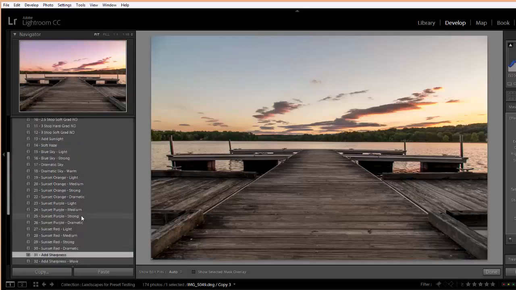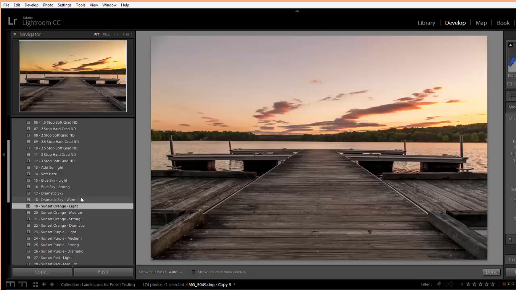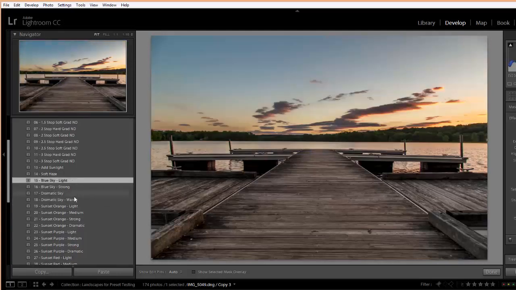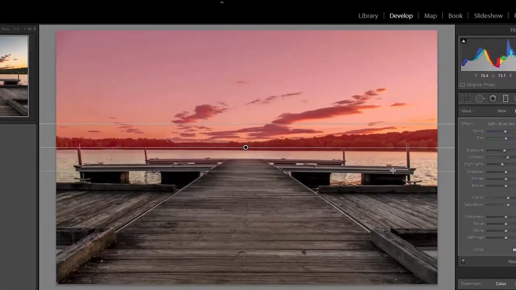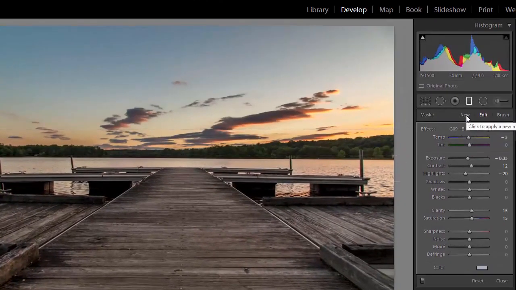So adding it this way, you're using one at a time. So for example here, if we have the light orange sunset preset applied, and I want to add a little bit of blue to the sky, so click on the blue sky light, you are overwriting the other preset. It's only adding one at a time. So if you want to add more than one, the thing to do is select one. So for right now I have the blue sky added, so I'll get that into position. And if I want to add another one, I will come over here and click new,